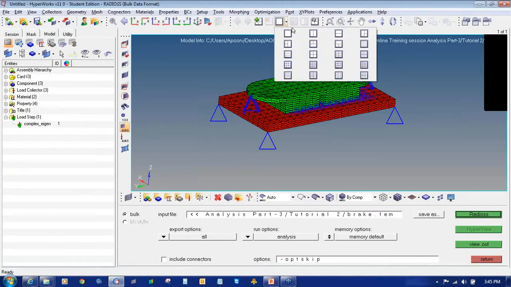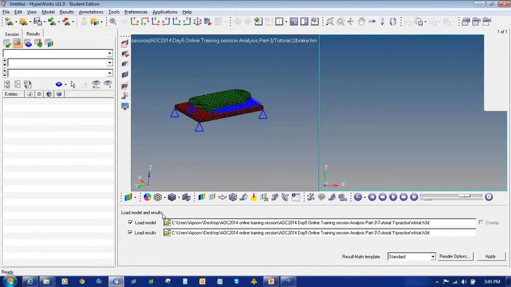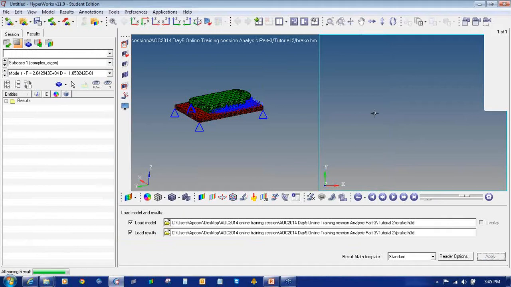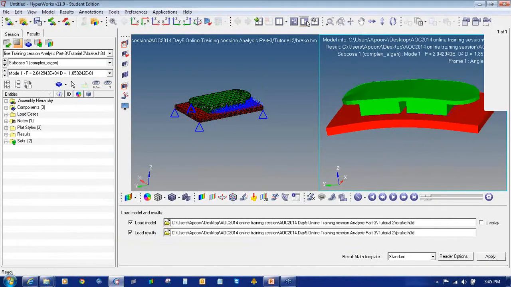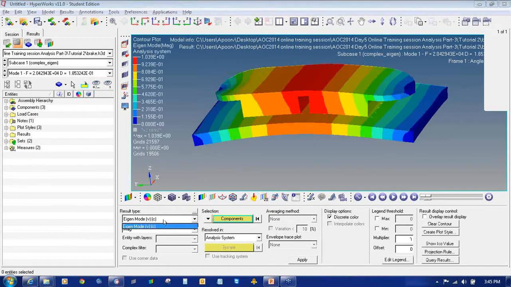Also, if you want to see the results of this, we can go to HyperView. So these are the results of the analysis.